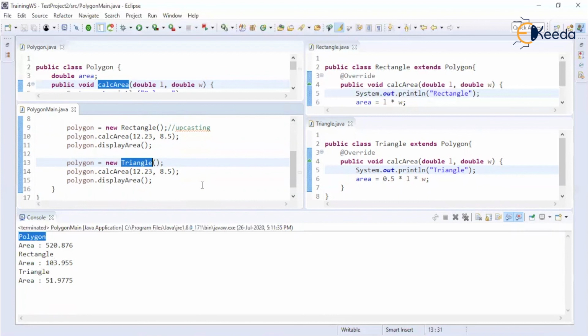So, which form of entity is being utilized is decided by what type of object is stored in that particular variable. It is not pre-decided. In this way, through method overriding and upcasting, we can achieve runtime polymorphism. Thank you.